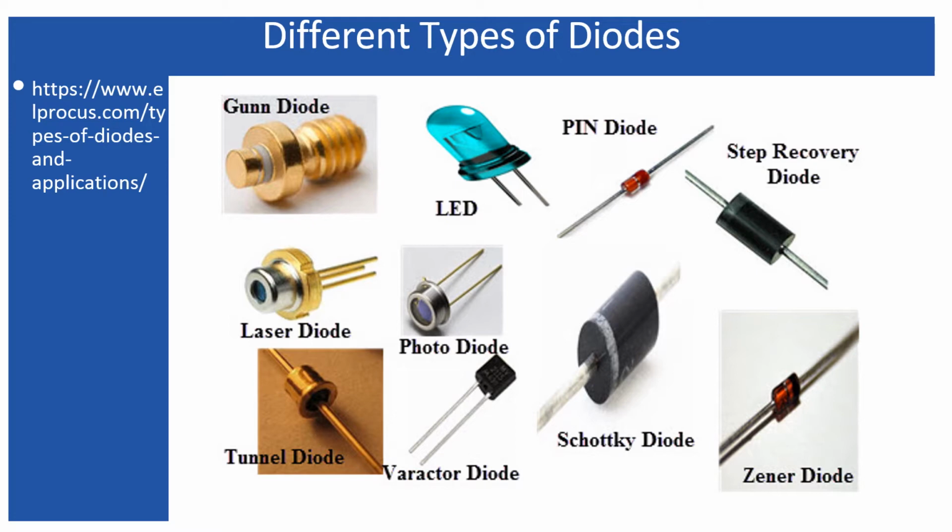The PIN diode is used for a photodetector, and the rest three, the step recovery diode, Zener diode, and Schottky diode, fall in the category of the general purpose diode, or the rectifier diode. However, the Zener diode is not used as a rectifier because the Zener diode is used in reverse bias, whereas the rectifiers are used in both biases. So while the other diodes are used as a rectifier, the Zener diode is used as a voltage regulator. By application, the Zener diode is a bit different from the rectifier diodes. In this particular lecture, I am going to discuss those PN junction diodes which are used as a rectifier.